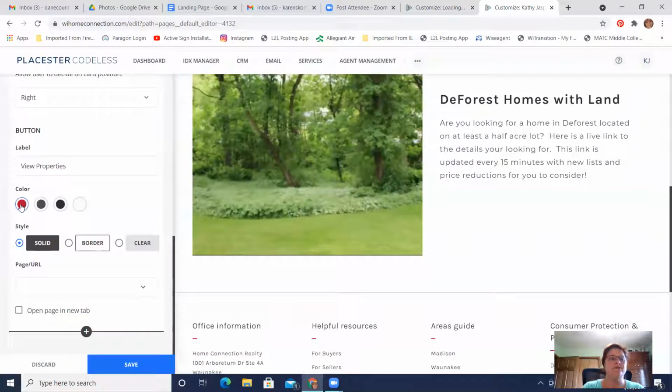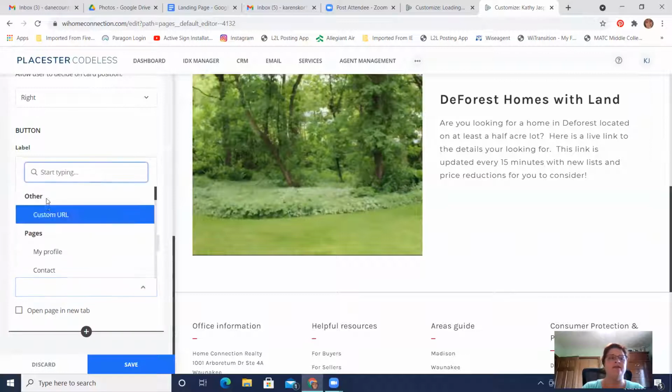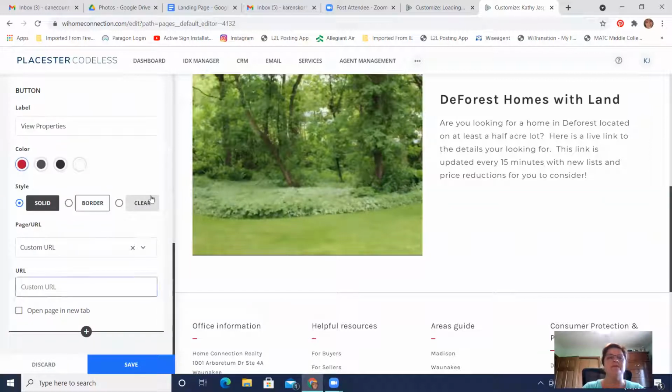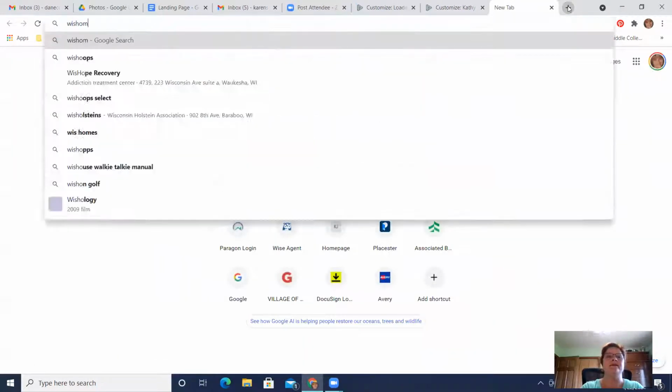I want the button to be a solid color. I want the button to say view properties. Okay, the next is the page URL. You click on that. We're going to click a custom URL. And then what I did is I went to our website